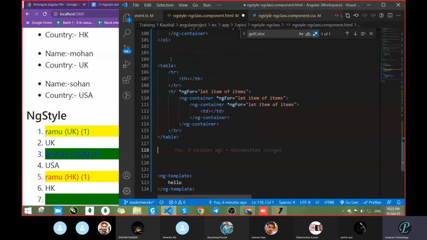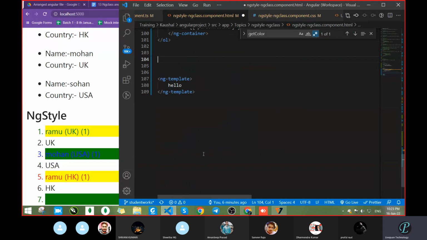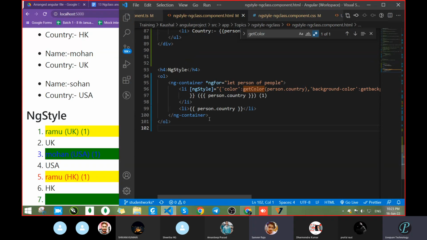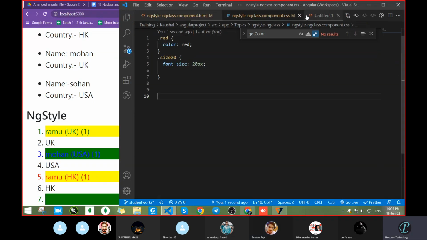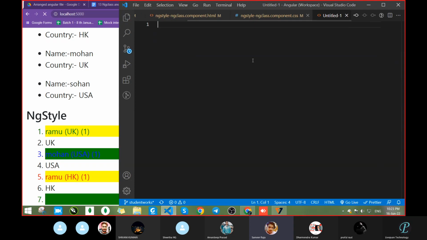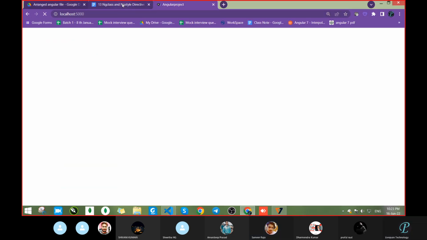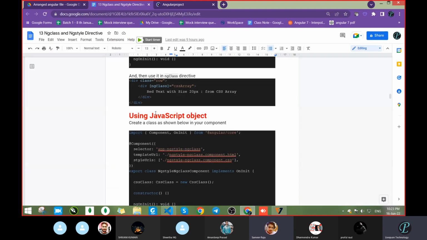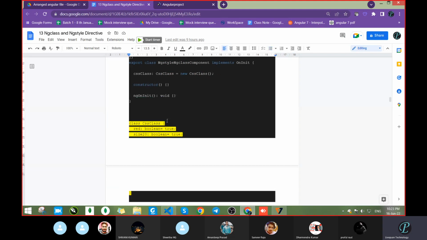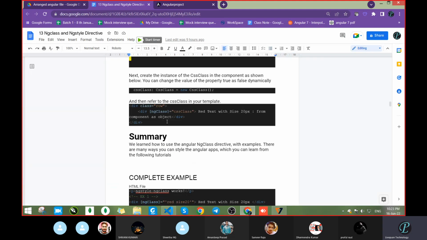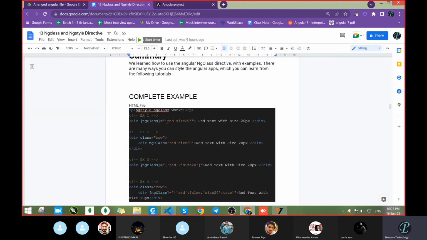Okay. So this was ngStyle. Anyone having any issue? Now tell me. Sir, we covered complete ngStyle. There is no example left. Now go through the document. So see, whatever we had done, all the examples you will get in the document itself. Okay, one by one I had pointed out, there is no explanation required,